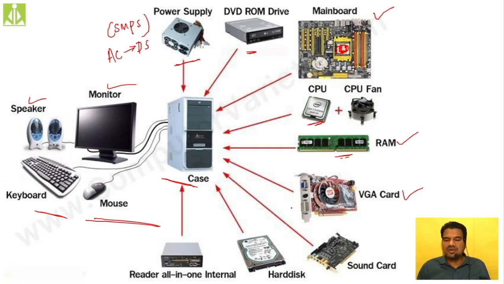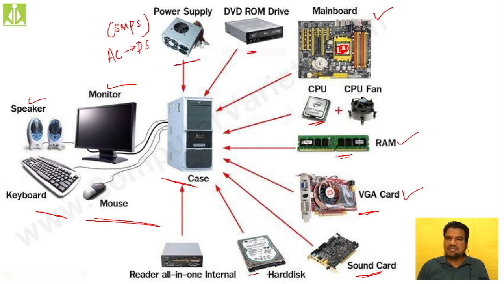In order to connect the monitor, or to have some high performance graphics inside your computer, you have to put this VGA card into your computer. These are outdated things; nowadays nobody is using them like this. Many of these things come integrated inside your motherboard itself. When you buy a motherboard, it will come with an integrated VGA card and an integrated sound card. To provide sound inside your computer, we use the sound card. To provide graphics, we use the VGA card.